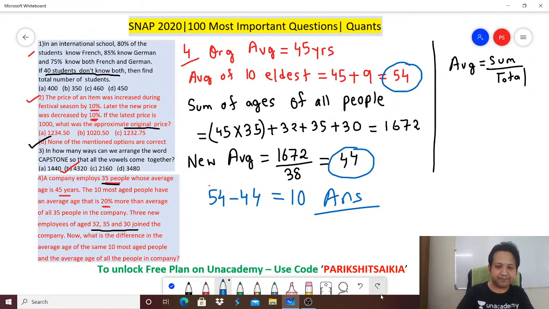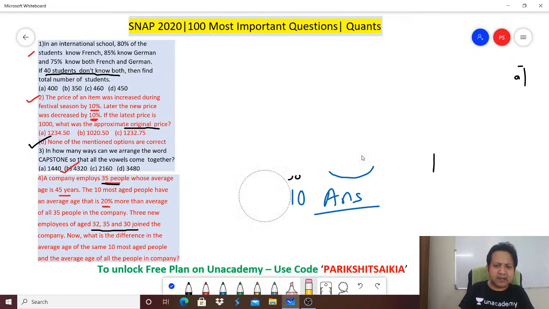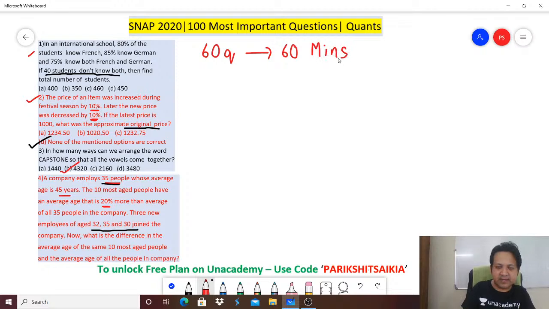Perfect. Okay. Now let me talk about, because this is the first snap session that we are starting from today, right? I want you to be aware of the last few year cutoffs. I want to spend the last 4-5 minutes on talking about the cutoffs, okay? So this year there are 60 questions in the snap and 60 minutes. So total marks in the snap is 60. Now if you deep dive, what will happen?